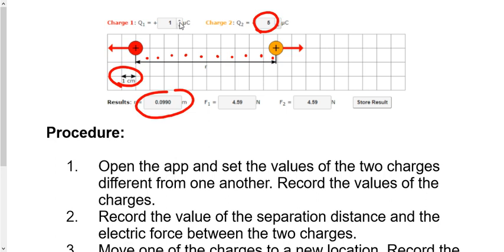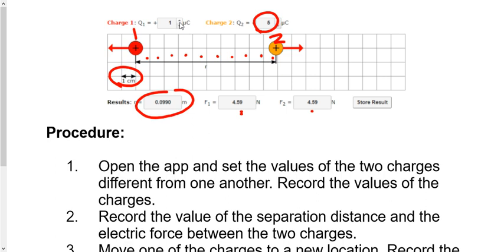And it also tells you the value of the force. F1, the force on the first charge, is 4.59, and go figure, the force on the second charge is the same value. Equal and opposite, right? Object A applies a force on B, B will apply an equal and opposite force on A. So here's what I want you to do. Once you open the app,